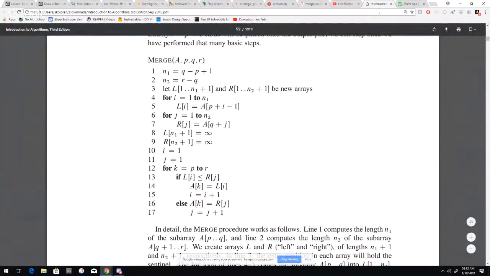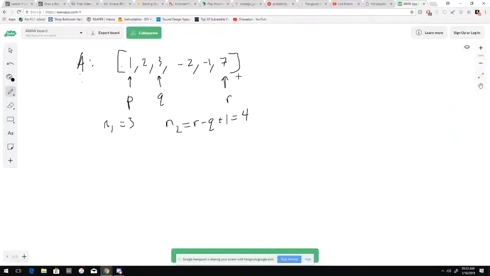Oh, R minus Q, not R minus Q plus 1, R minus Q. Okay, now R minus Q plus 1. So if I set N2 equal to R minus Q, look what the issue is. So Q, starting the indexing from 1, this is 1, 2, 3. R minus Q then, so 3, 4, 5, 6. R minus Q is 3,